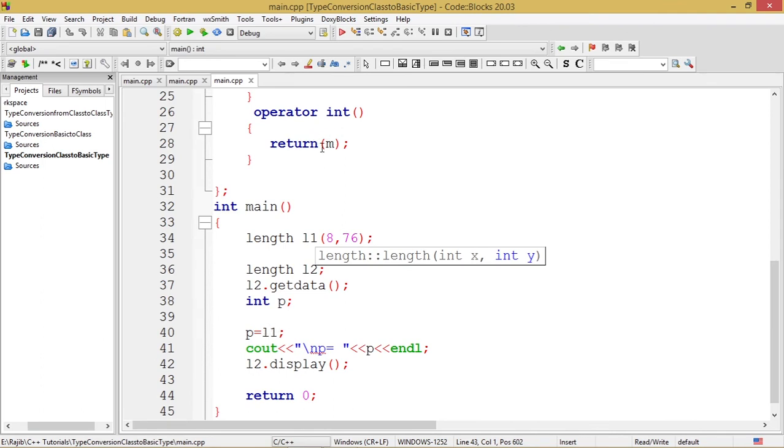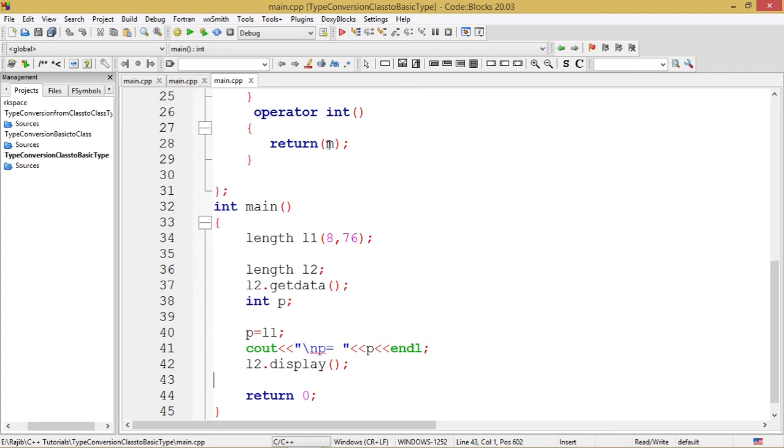What we can see is that this function returns m and not cm. So whatever is the value of m will be assigned to this integer variable p, and we would expect p is equal to 8 to be the output. If we had used cm here, we would have expected 76 to be the value of p.